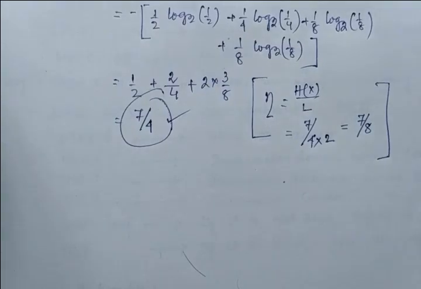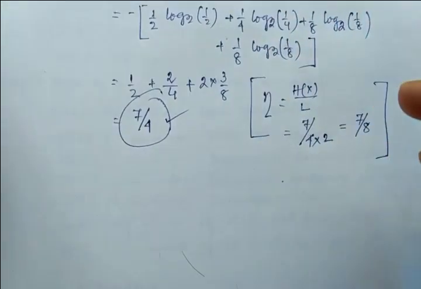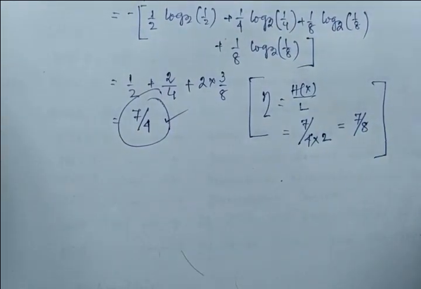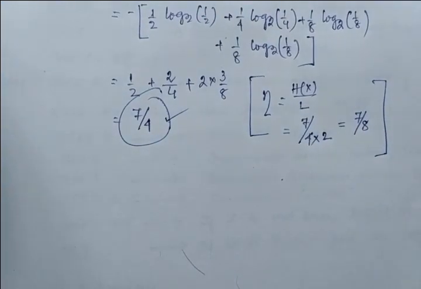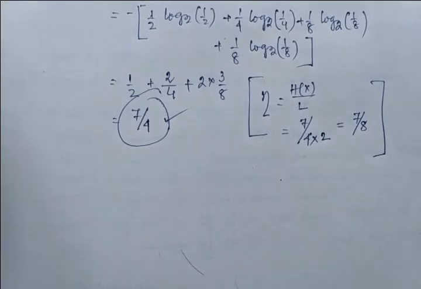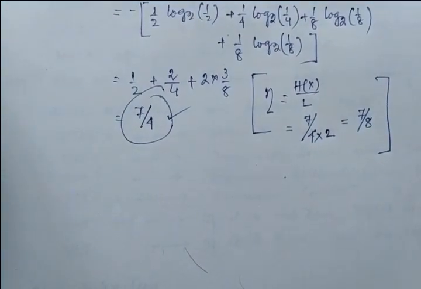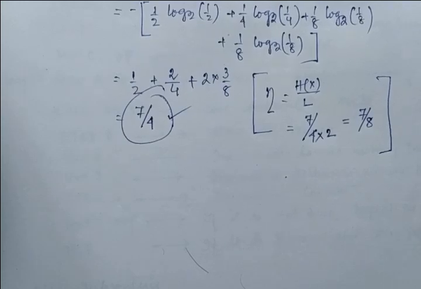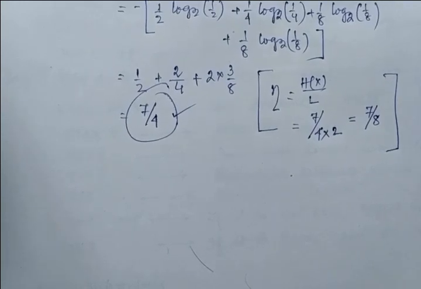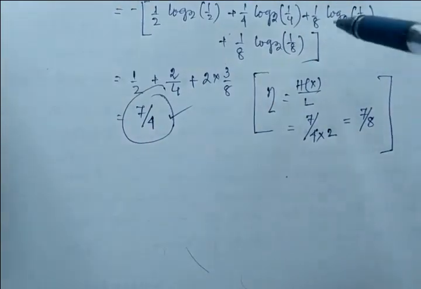But you have to choose what the average code word length is. This is nothing but capital L. We are handling a high range of data, meaning we are transmitting too many symbols from source to destination. That's why we deal with the average length, and for that purpose we calculate the entropy, which gives the average information per source symbol. That's why we take the average code word length, capital L.